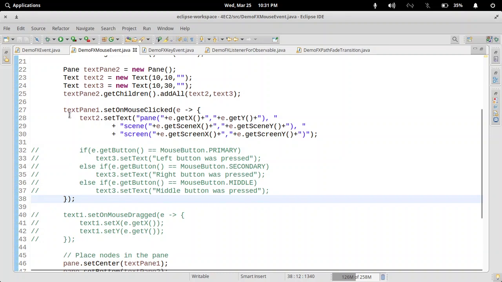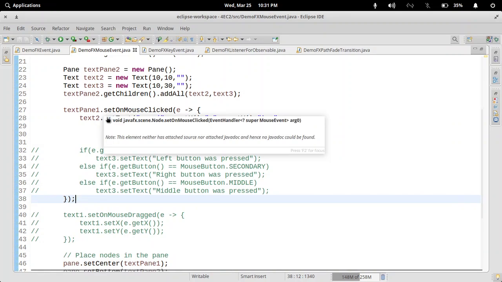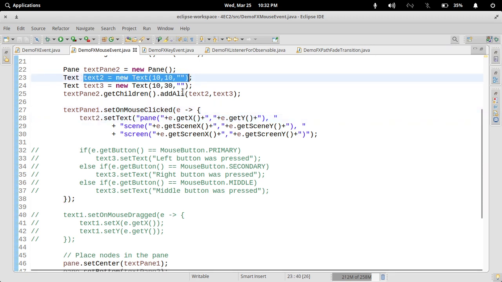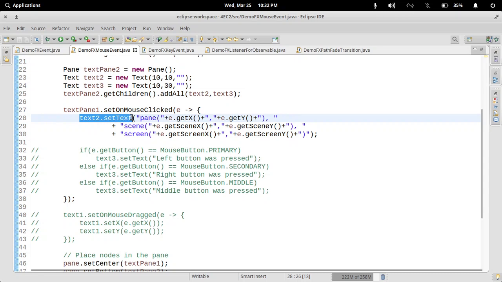Here we register our event listener with the mouse clicked event. On my text pen 1 I set on mouse clicked, and I'm using a lambda, not a structure. So I directly define a method here, and within that method I set my text 2, which was empty earlier. I set a text within text 2, and there I'm going to have the position of my cursor